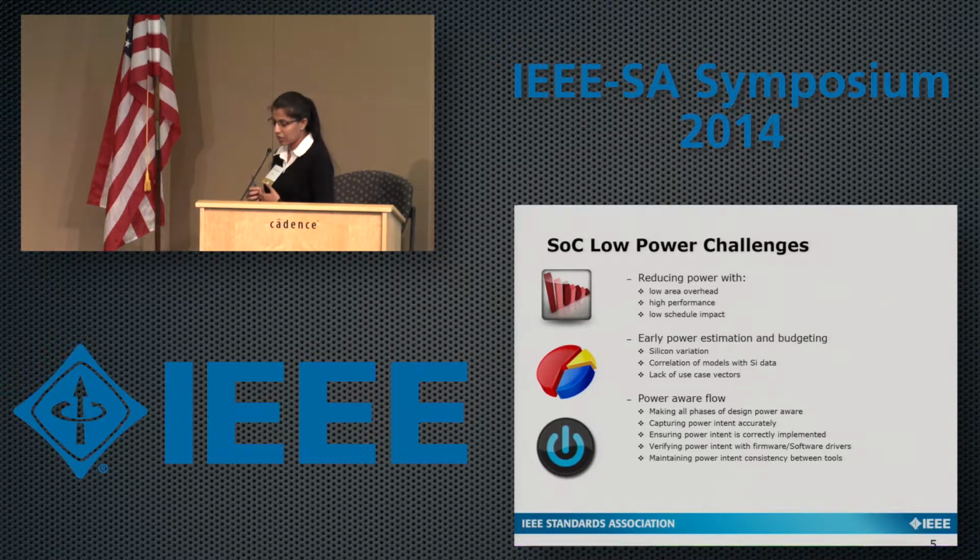And the third aspect of it is how to make this flow work, how to make this whole power-aware flow work. And the first step is to actually make all design phases cognizant of the issues of power. In the past, I've just noticed that there were several tools that were not power-aware. DFT tools were not power-aware for a long time because they didn't have to care. Why do I have to care about power? And so,